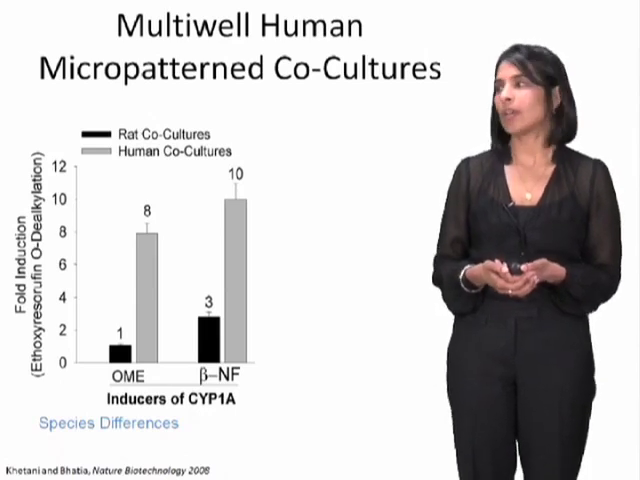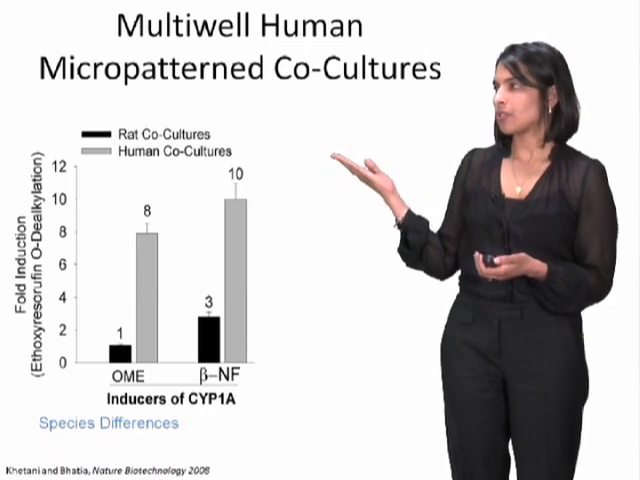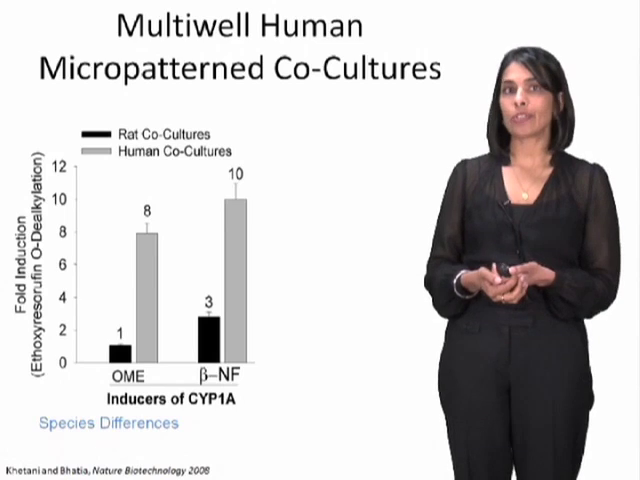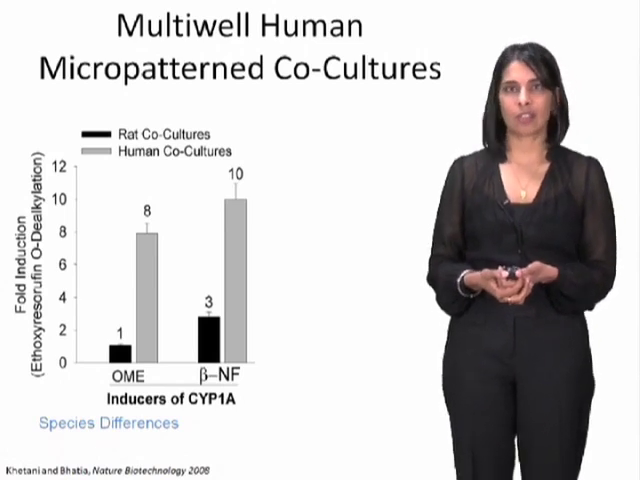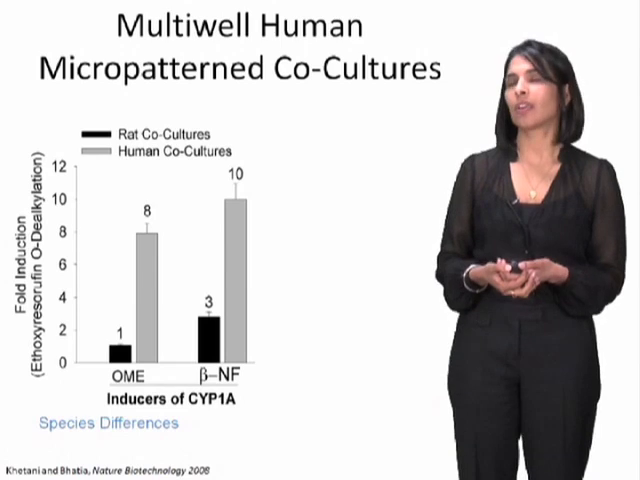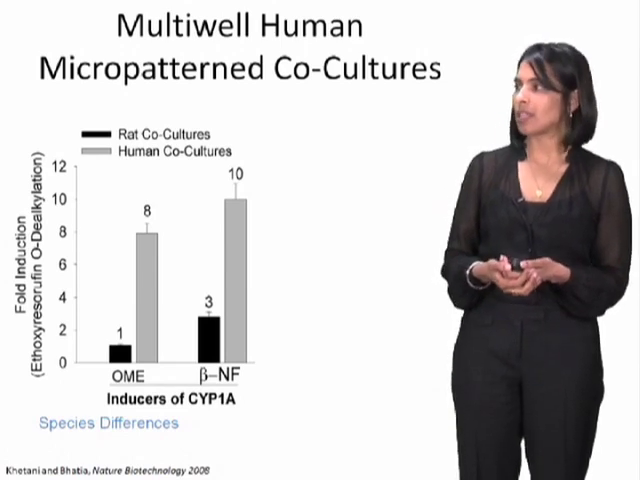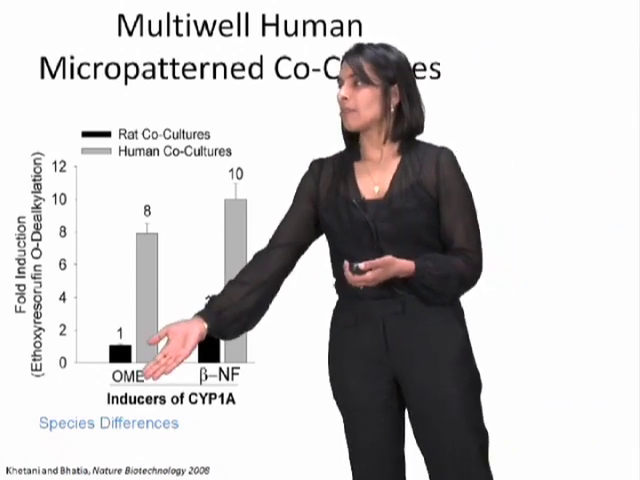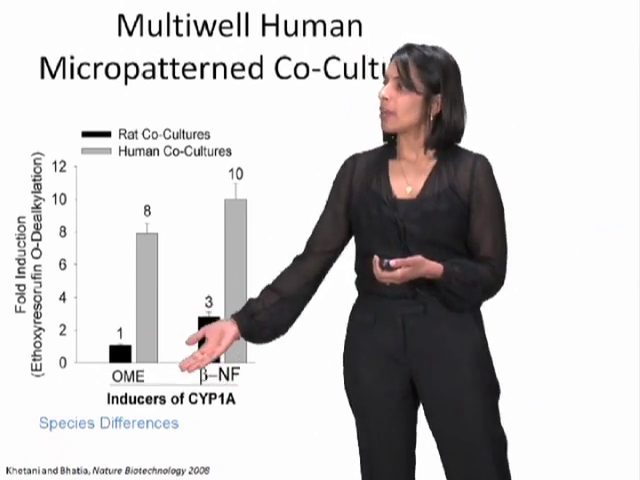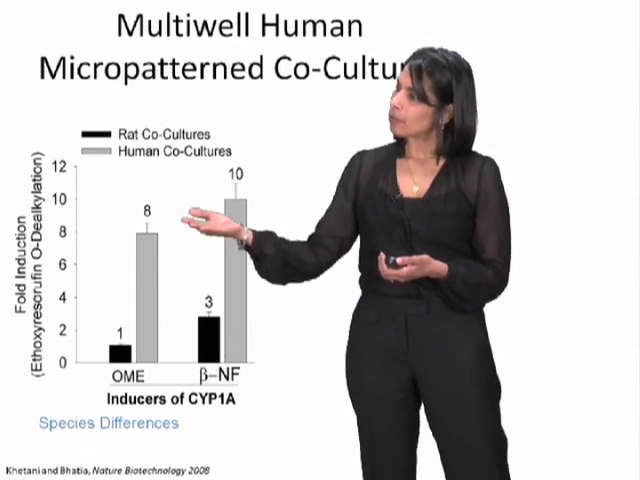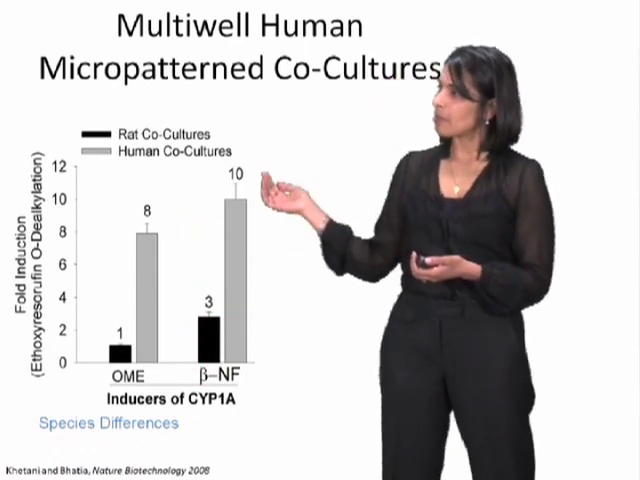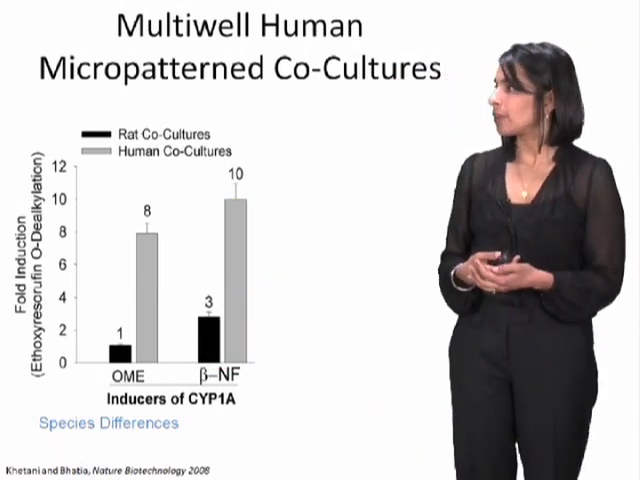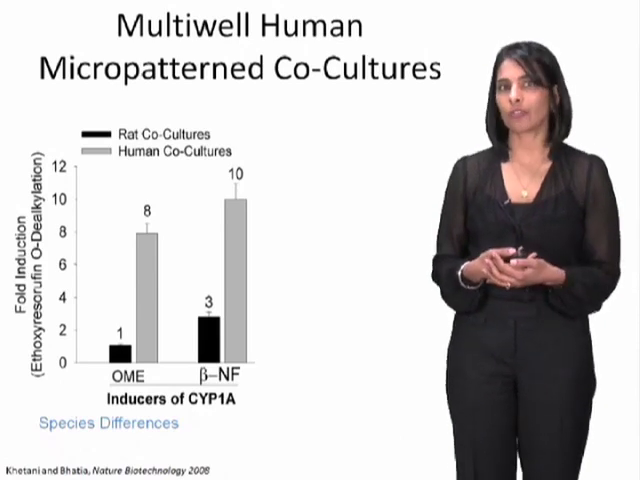So what we wanted to do is make micropattern co-cultures out of rat cells and human cells and expose them to inducers that are known to have species-specific differences and ask whether in vitro we could predict these findings that are normally reported at the level of the organism. And you can see here with these two drugs, omeprazole and beta-naphthoflavone, we were able to upregulate the P450 metabolism in the human system and relatively less in the rat system, and that recapitulates what we know about the clinical picture. So this was encouraging for the utility for